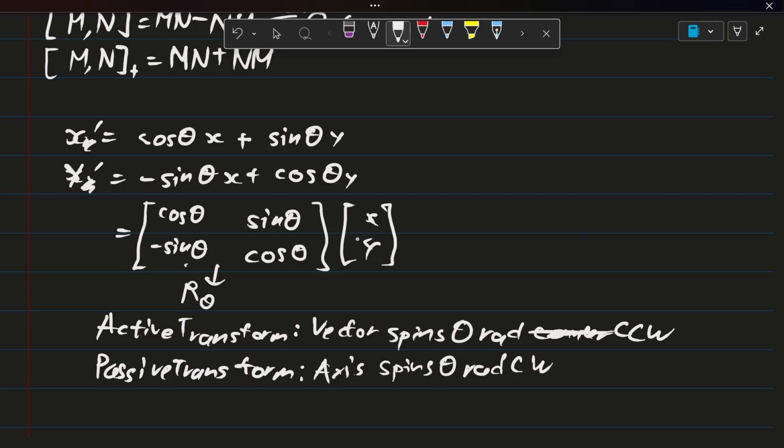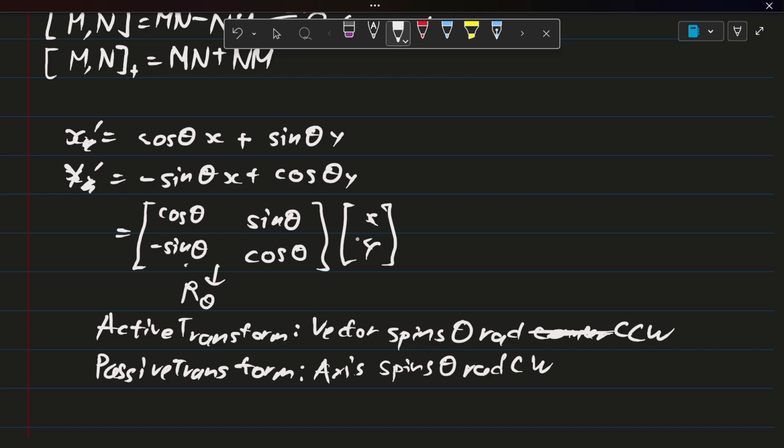So you need to know the difference between an active transformation and a passive transformation, since an active transformation changes the way that a vector works, but a passive transformation transforms the basis for you to describe such vector. And both of them are very useful for you to remember when you're doing transformation of variables,